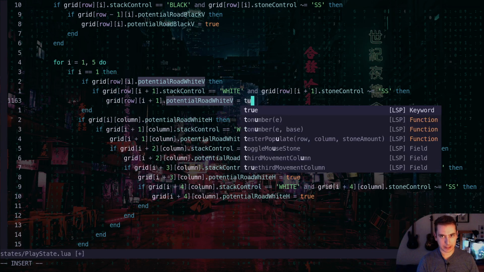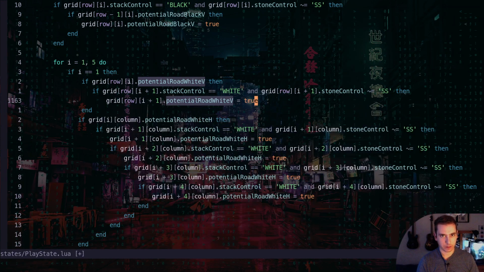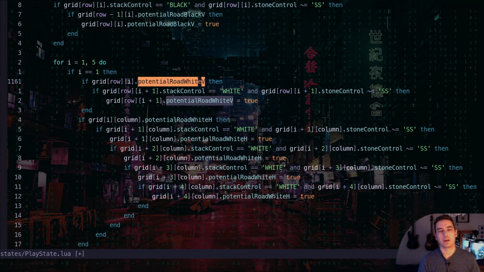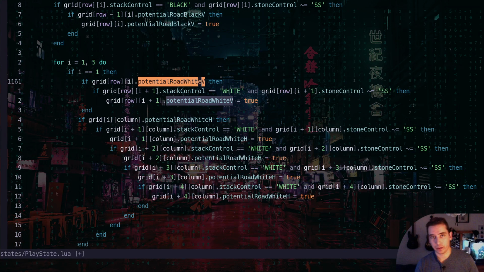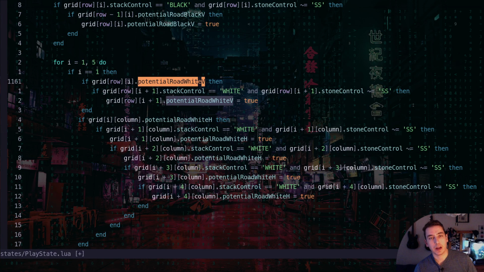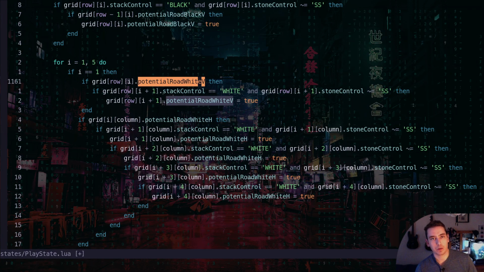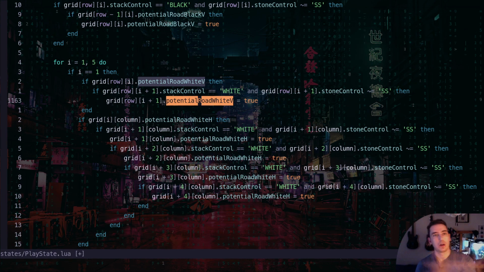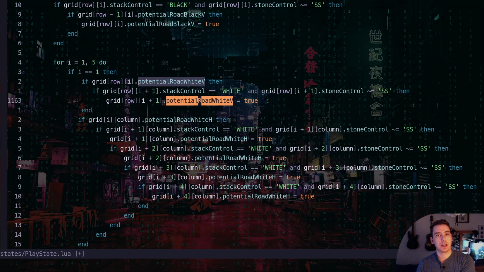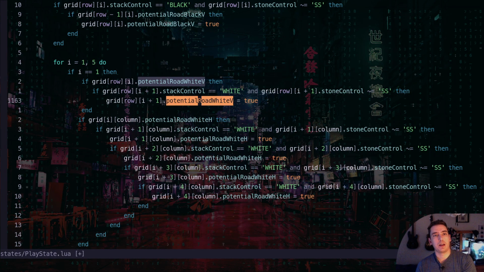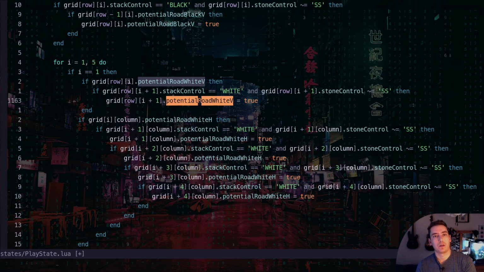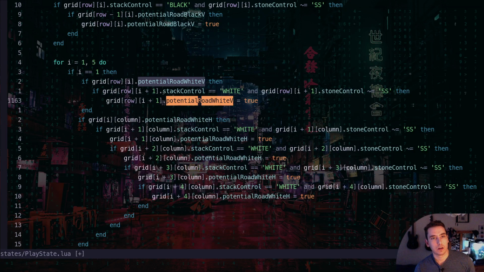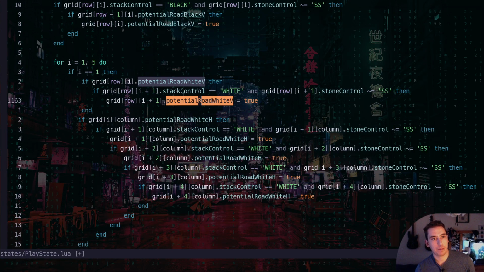So this starts off, it has to be a vertical road that already has the start with our road start. So if that's every one of those that is a potential road, it's going to cycle through the rest of those columns to see if the next rows are a downwards match. But actually,